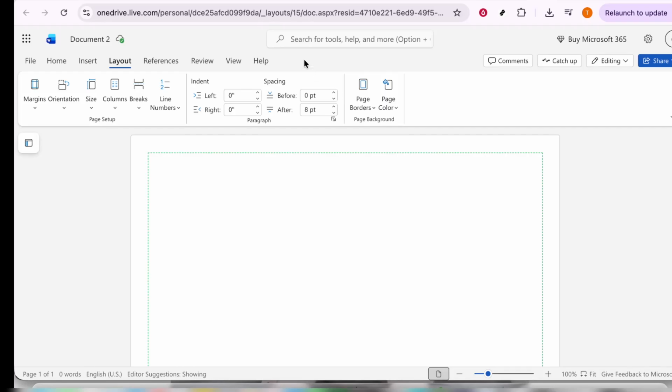Once you're satisfied with your selection, apply the border by clicking OK. You'll immediately see your chosen border applied to your document. If at any point you wish to adjust it, simply return to the Page Borders button and make your changes. Remember,